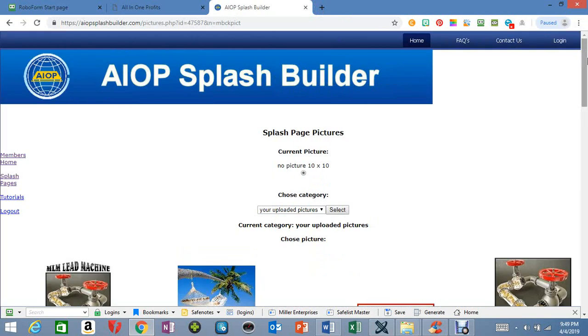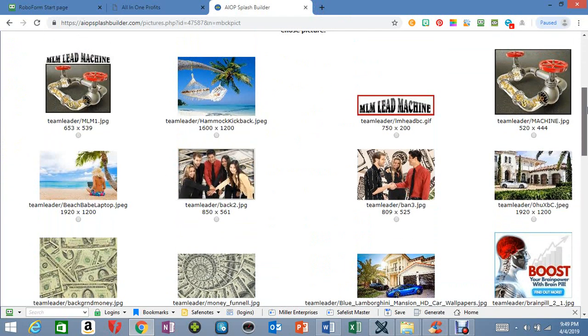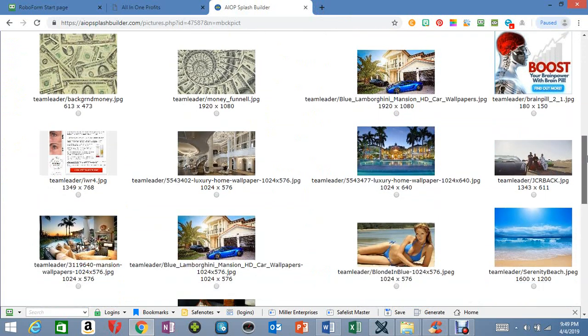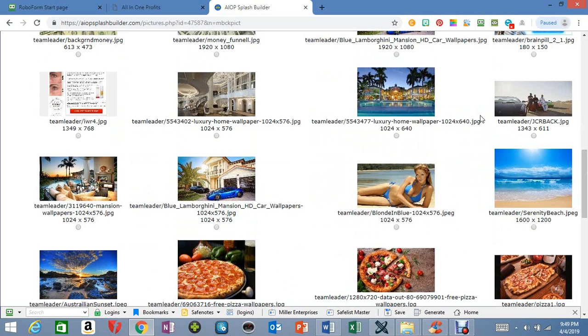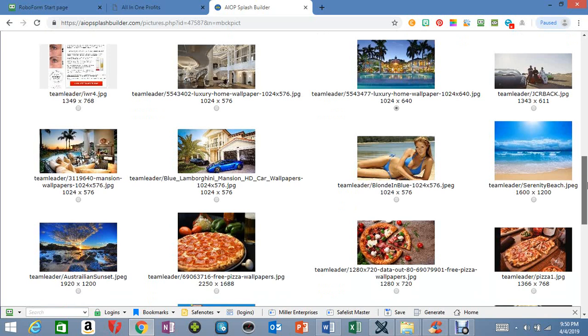And then to add a background picture, the only thing you need to do is click on the button that's underneath the image. All right. So let's say I want to use this one, for example, this luxury home wallpaper. I'll click on that. And the other thing I want to note is when you're downloading these images from Pixabay, you want larger images. Okay. At least 1,000 by whatever, or bigger. All right. Because if you have an undersized image,